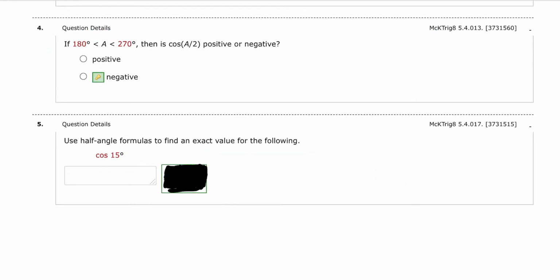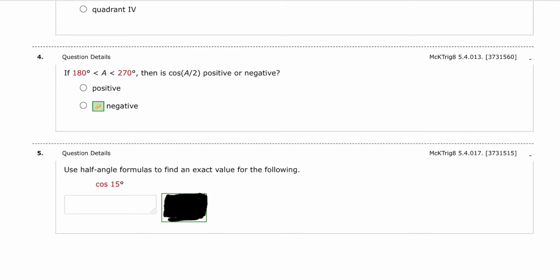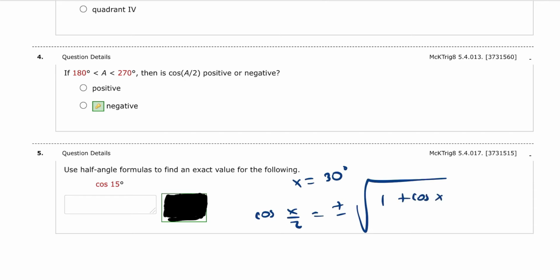So we'll start with number 5. Number 5 tells us they want us to find cosine of 15 degrees. Let's use the half angle formula. Let's let x equal 30. Then we have cosine of x over 2, which is cosine of 30 over 2. And then we can go ahead and apply this. Remember the formula is plus or minus the square root of 1 plus cosine of x over 2. All right, x is 30 in this case. So if we plug in 30 here, we're going to get,